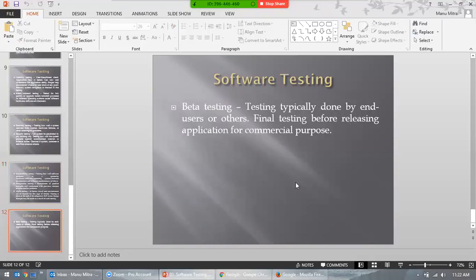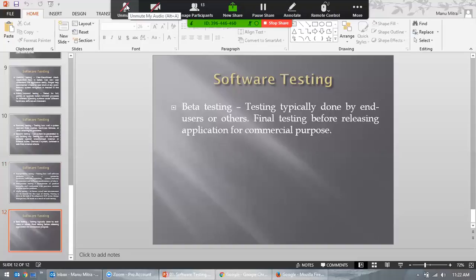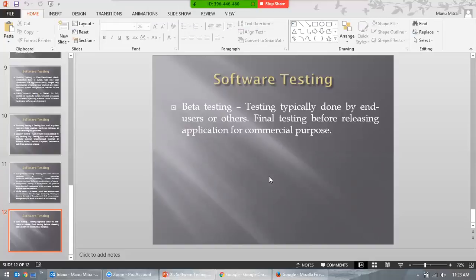So next you have beta testing. What is beta testing? Let's say you have done all this. Once the code is completed in the dev environment, the code is moved to the test environment, and let's say testing has been good, and once the testing is done,